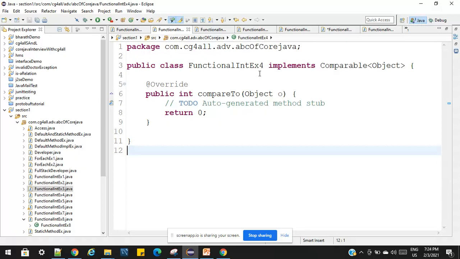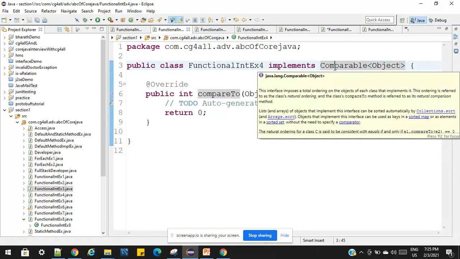When we implement this interface, we have to override the unimplemented method. What is the method? compareTo is the method. The return type of compareTo is int and the parameter is Object. Please understand this, because we use the compareTo method everywhere when we have to compare. So this is one of the functional interfaces.